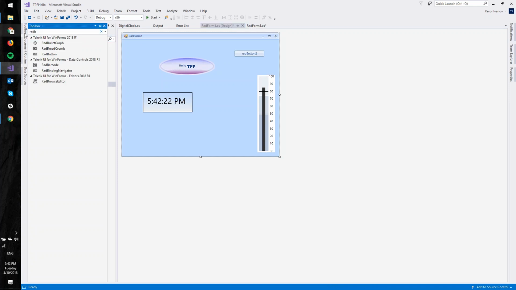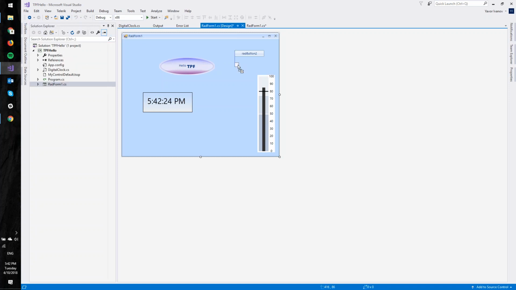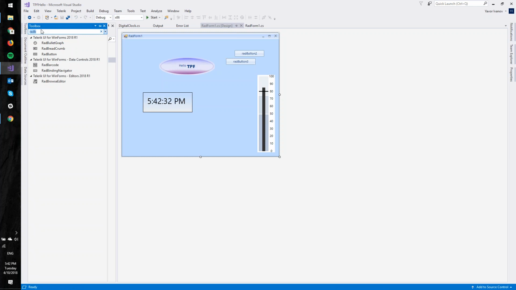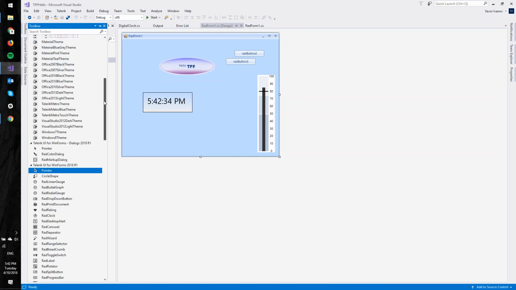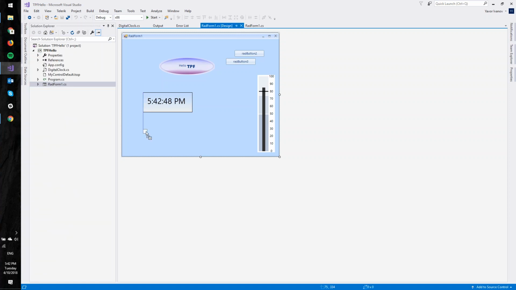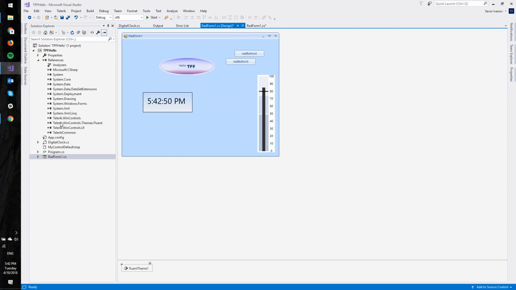And that's a nice component, the red bullet graph. Okay, and let's now add the theme. You can either drag it from the toolbox. You see here in the Telerik UI for WinForms themes, there's a bunch of themes. So you can just add the, let's see what the office, oh, let's add the font theme. You can just drag and drop it, just like that, and it will automatically add a reference to the Telerik